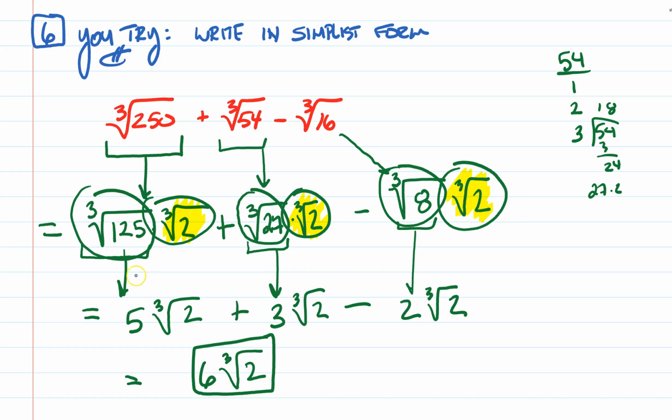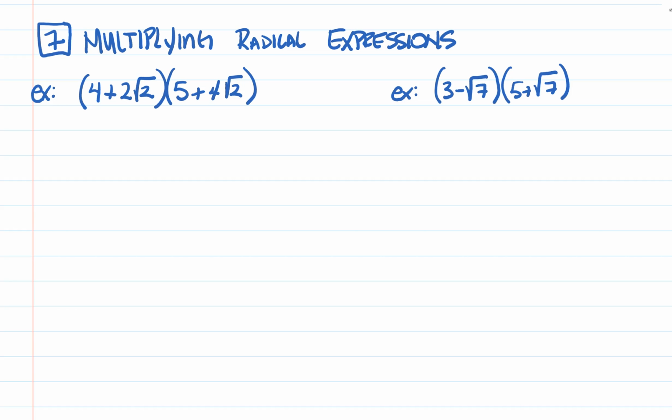Then the cube root of 125 is the number 5. The cube root of 27 is 3, and the cube root of 8 is the number 2. Therefore, 5 plus 3 minus 2 cube roots of 2 make 6 cube roots of 2, and that's how you do that problem. When you're multiplying a radical expression in box 7 here,